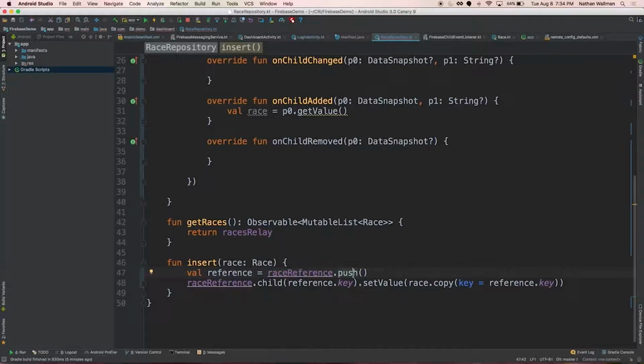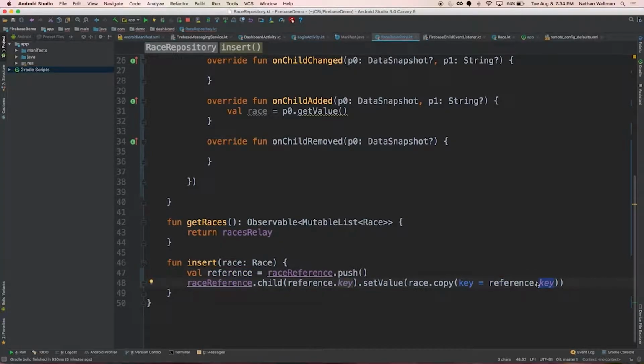Firebase is a little different. If you do an insert in a typical database, you'll get the primary key back. In Firebase, you do a push first, and I get a reference to that node that I just pushed. Again, it's a JSON hierarchy, so it's like I just created a leaf element and I got the key to that. If you're familiar with JSON, everything's a key value pair. When I do a push, it essentially generates that key, but I haven't actually put a value there yet. So by getting the reference here, you can see I can get the key off of it.